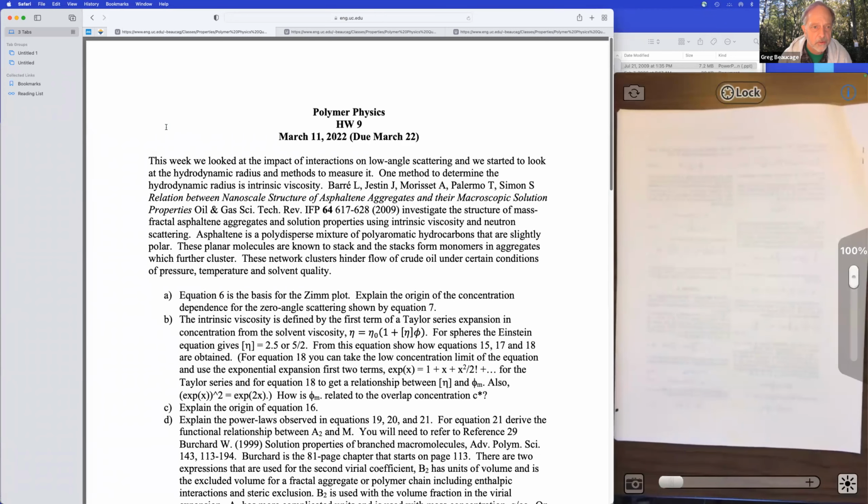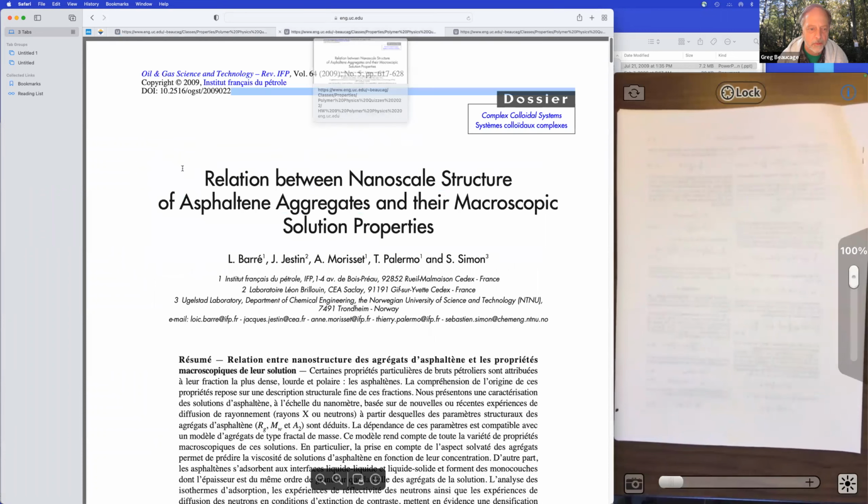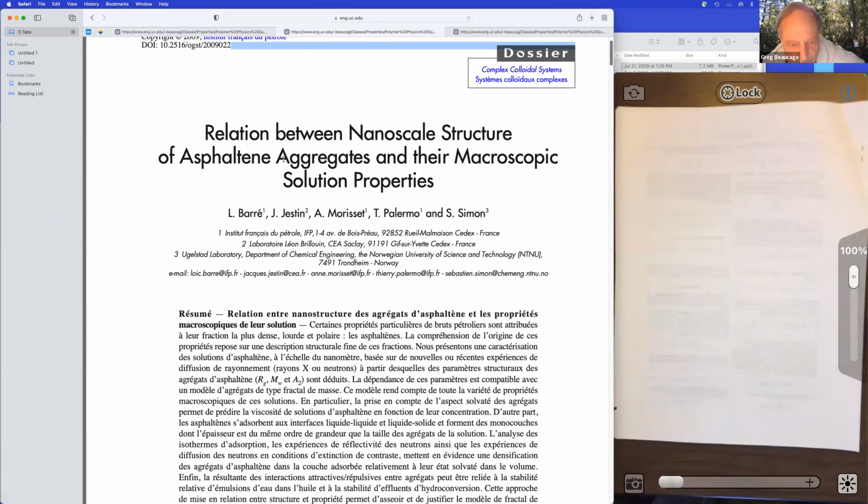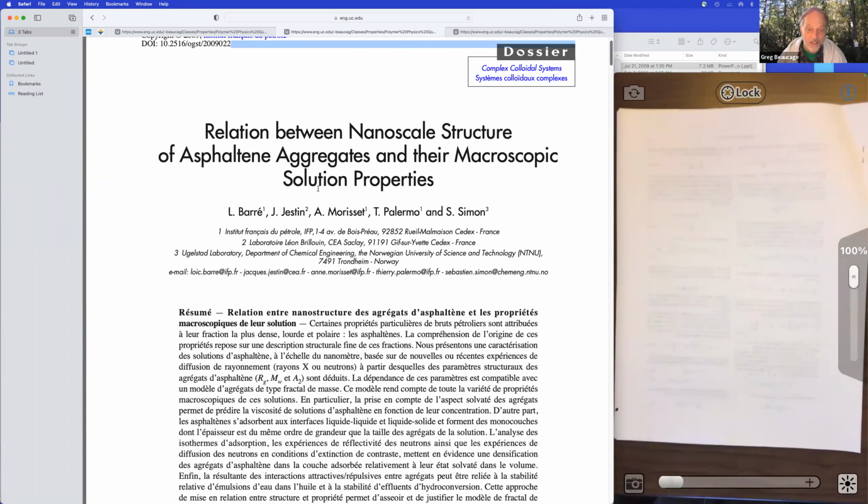I wanted to go through the homework for this week. I had originally planned to go through a couple papers, but there seems to be plenty in this one paper. It's an old paper. I just wrote a proposal on these asphaltenes, so I had this paper around, but it seems to have quite a bit of